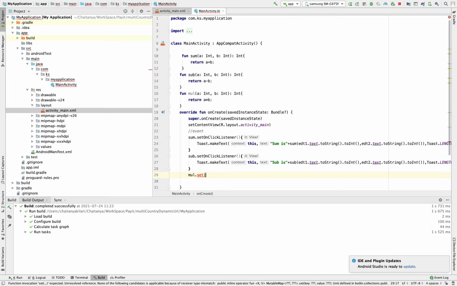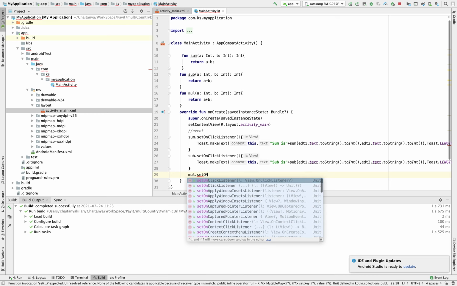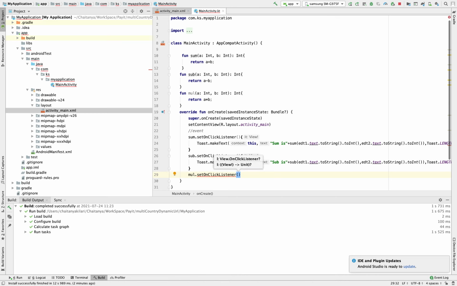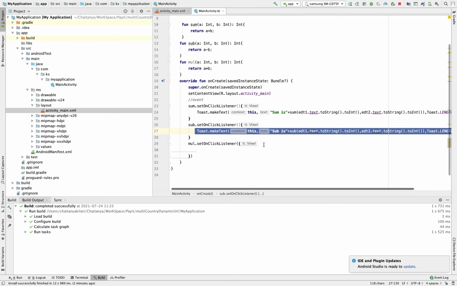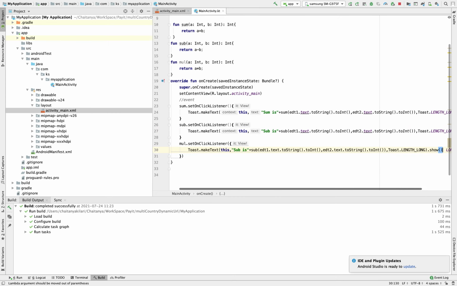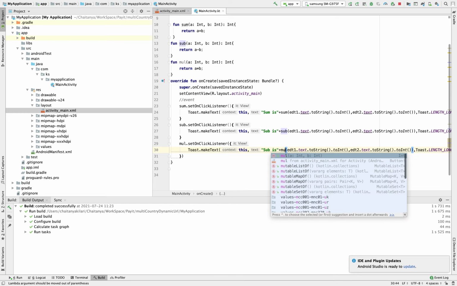Mul dot set on click listener. Same thing we are writing. We are just changing the method name. The parameters are the same for both. Here it is a mul value, multiplication.